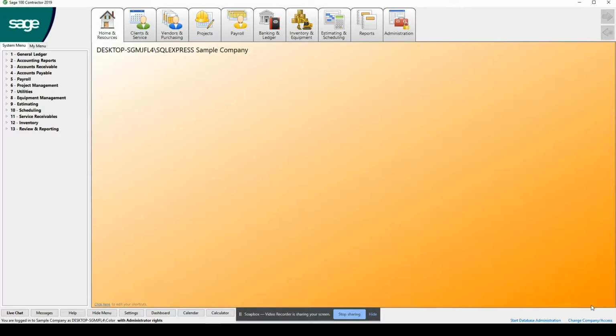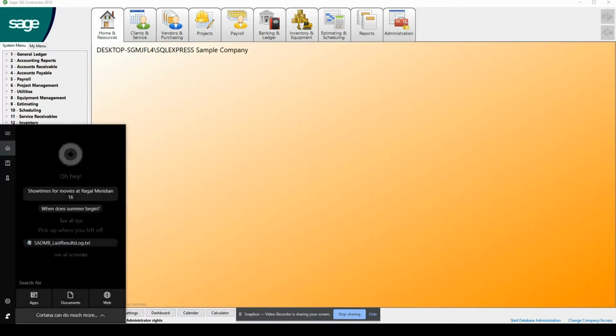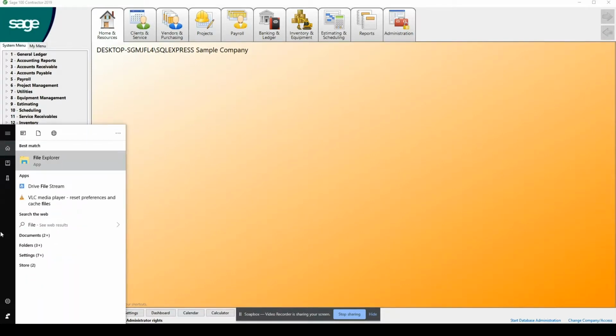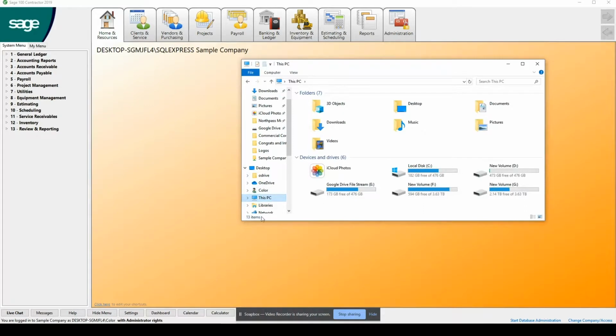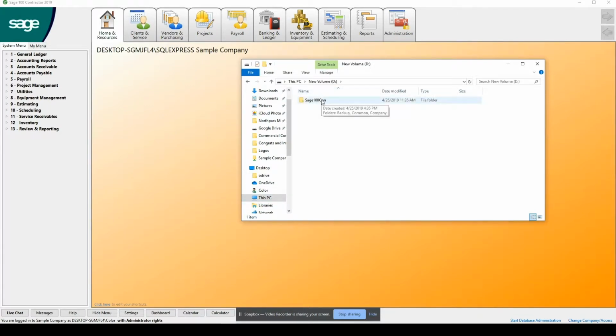In this case, I didn't get a message that popped up. The first thing I want to do is find exactly where my Sage 100 con folder is for SQL. The best way is to go to File Explorer, the little Manila folder, and go down to This PC. My Sage 100 happens to be on my D drive. So I drill down into my Sage 100 con folder and go into backups. I've got nightly and on demand. In the nightly backup, I have no folders in here.